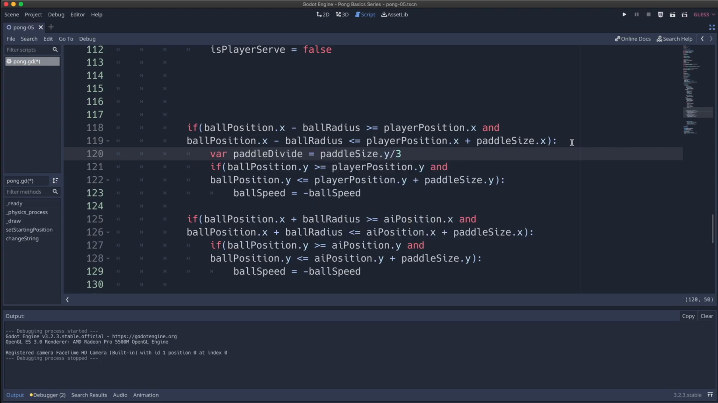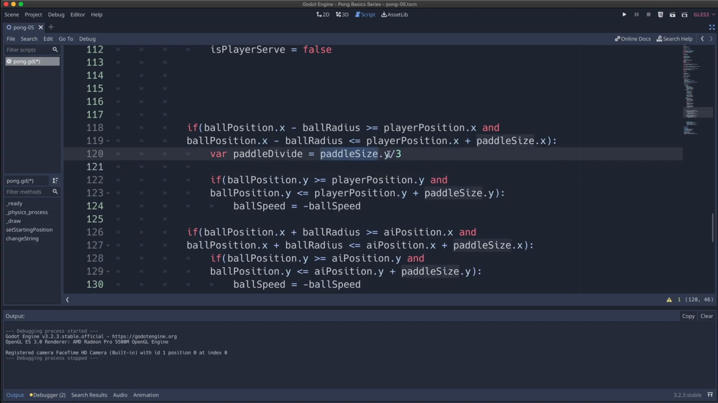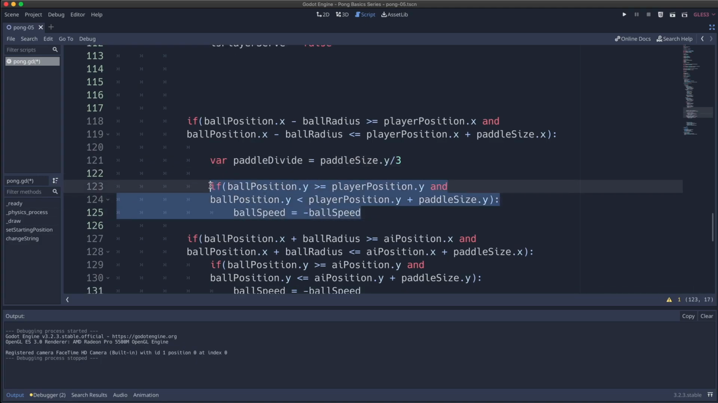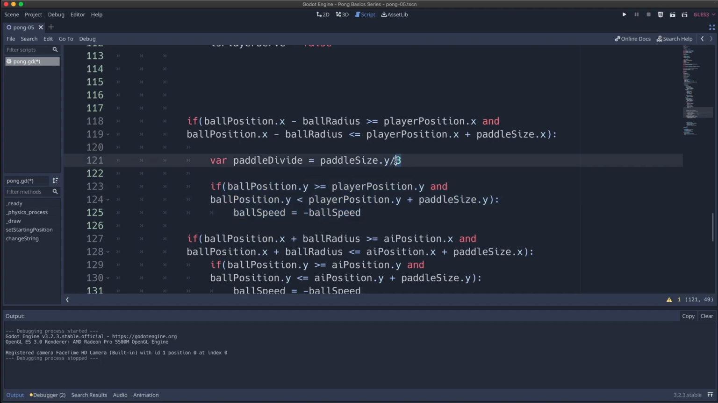And because we're doing it on the y-axis, we get the paddle size on the y-axis, divide that by 3, and we create this variable paddle that we can test against. So we need to add 3 if statements, one for each portion of the paddle that we're dividing with this 3 here. And what we're going to say is if ball position.y, which starts at the top of our y position, is less than the starting position of our player position plus the paddle divide. Now, by adding the paddle position, what we're saying is the top portion of our player paddle, we want to do something,